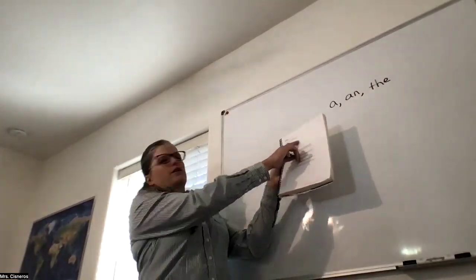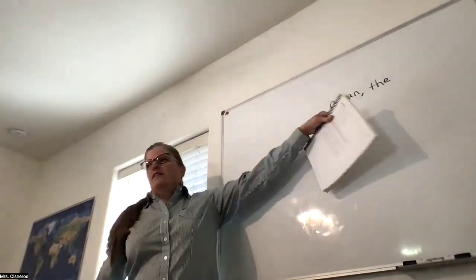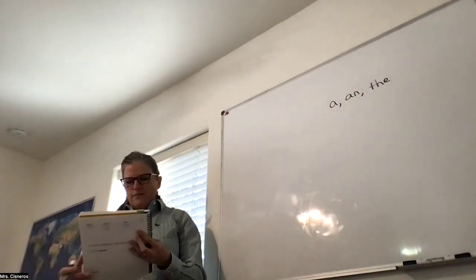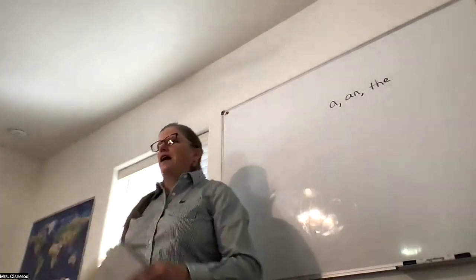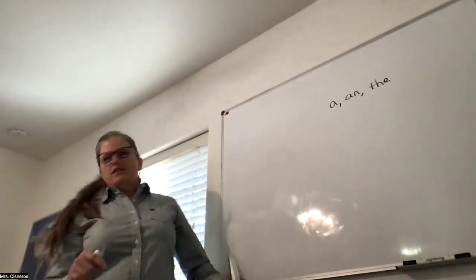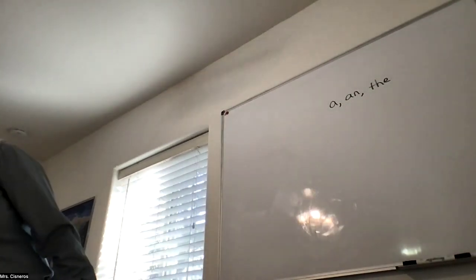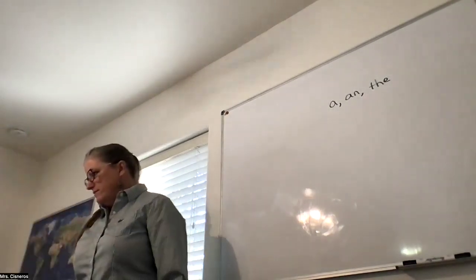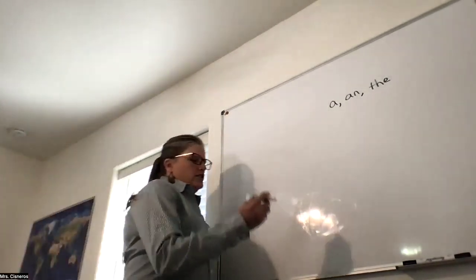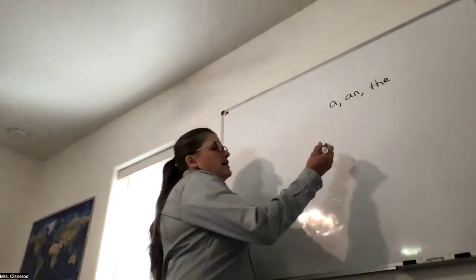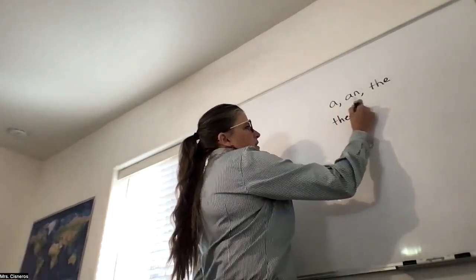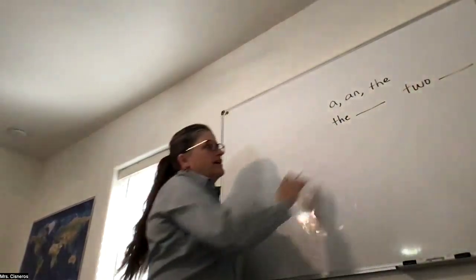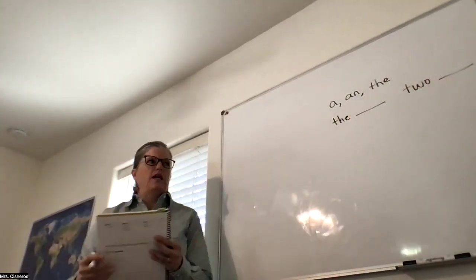Those are the three articles. Right here where it says, what are the three articles? Write that in. So Delilah, you need to go to page 19. We're writing this in next to the first question, okay? And then number two, what are the two noun tests? It's, so for the test, you say the blank or to blank. So write that next to the second question that says, what are the two noun tests?